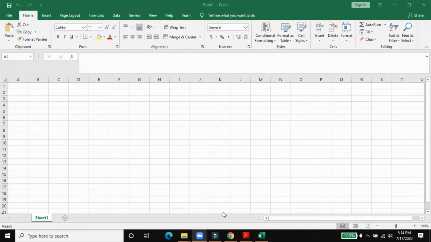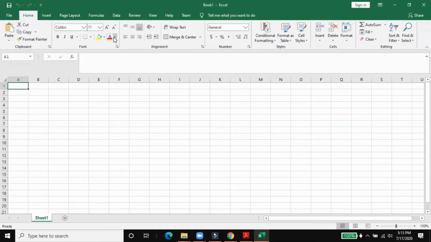For formatting cells, there are many options in the tabs. In the Home tab there is a font area, and we will discuss the different options. There is your font type, font size, and font styling. For font styling there are different options, for example bold, italic, and underline. And for coloring different words, we use different colors.